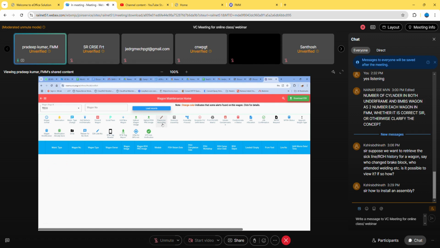Then the parameter recording, which records the testing parameters as per the wagon type. And generate assembly is only a click where you will generate assemblies. I forgot to tell you that this is a one-time activity, as we have some 64 ROH depots within Indian Railway and approximately 138 or 140 sick lines. So if any railway or any depot has done generate assembly,